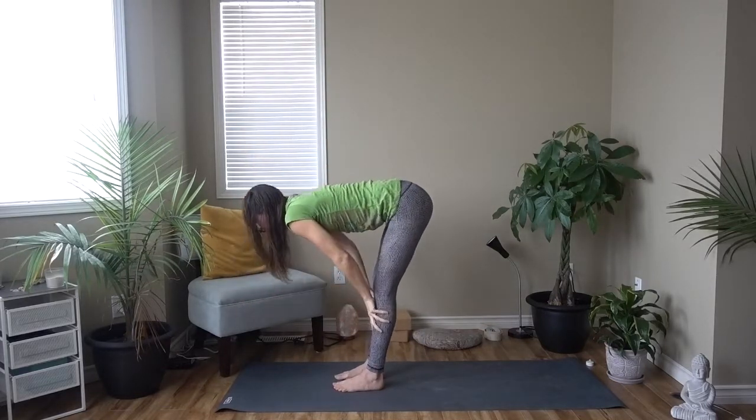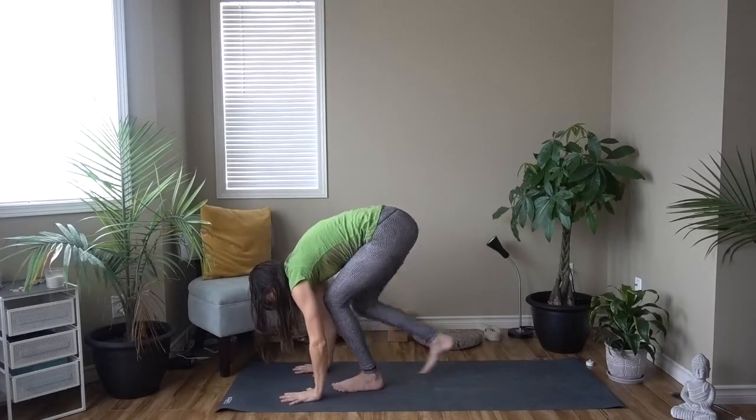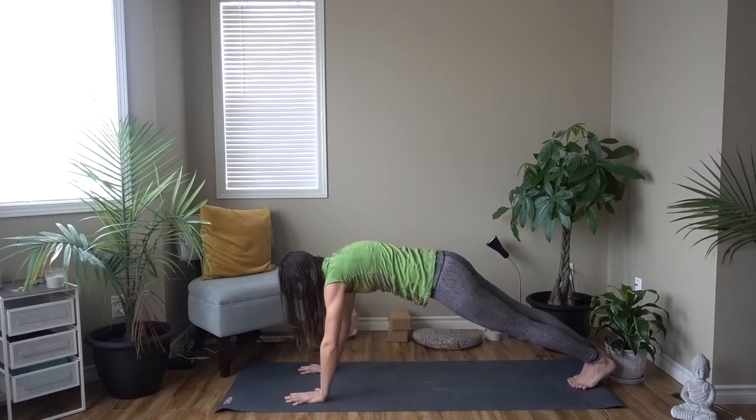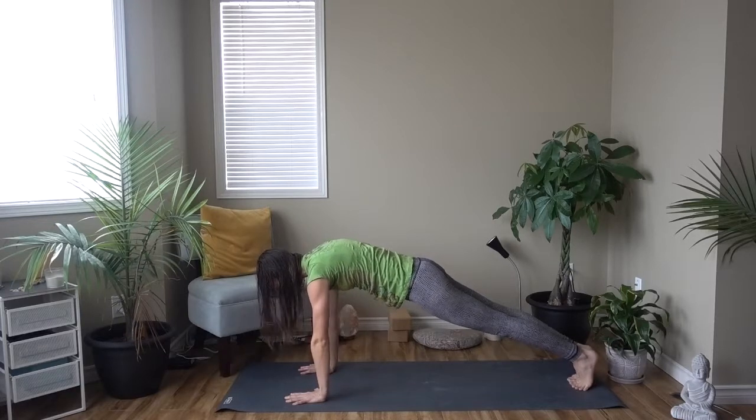Inhale, half lift, lengthen. Exhale, fold. Bend the knees, get the hands to the ground, come into your plank. So you can always bring the knees to the ground as well. Hug the belly in, shift the weight forward over those wrists. Breathe here for 3,